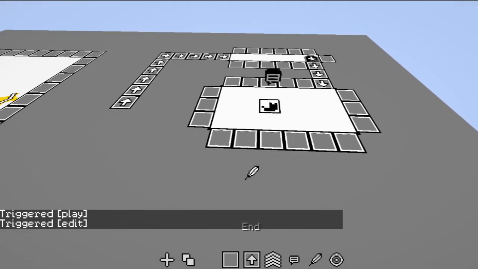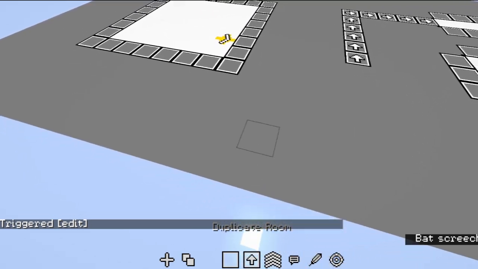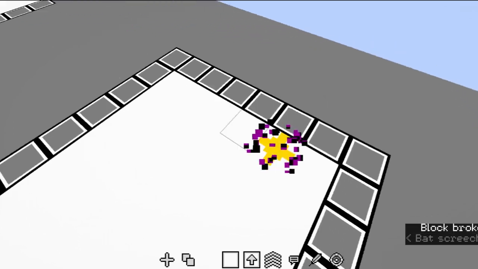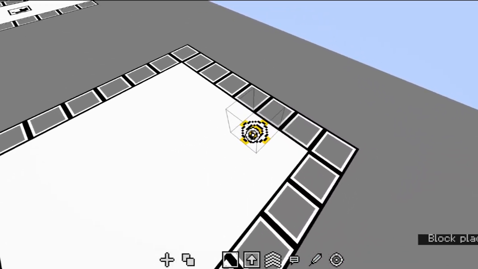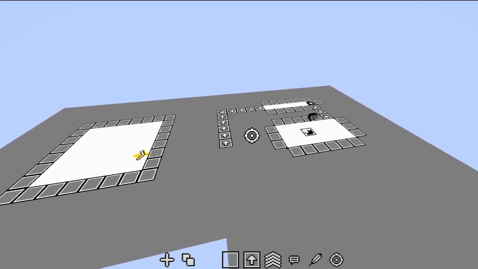Okay, now let's talk about the end, the game ending. I'm going to duplicate this room. It keeps the texture as well, actually, when you duplicate a room. So a room ending just resets the game, basically. If you walk onto that tile, you'll be brought back to the beginning, in the middle of the center of